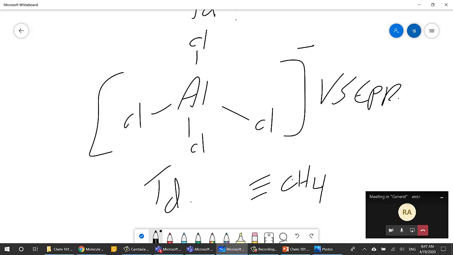The shape of AlCl4 minus is the same as methane, and the angle here is 109.5 degrees. It is not 90 degrees, okay? If you go to fit.com and you can draw this, you will see that AlCl4 is actually a tetrahedral structure. Okay,